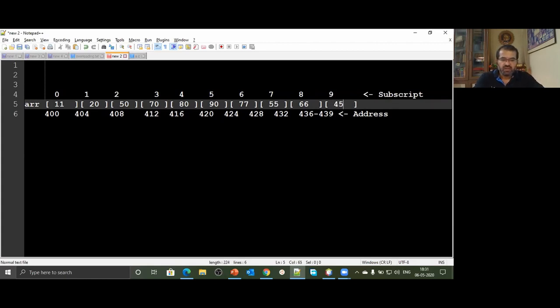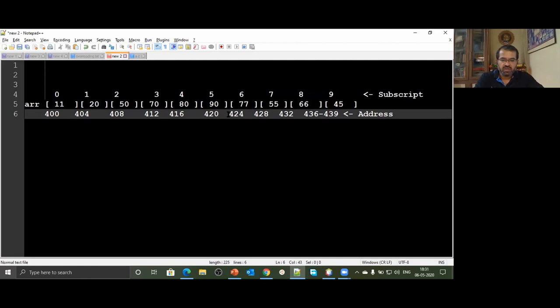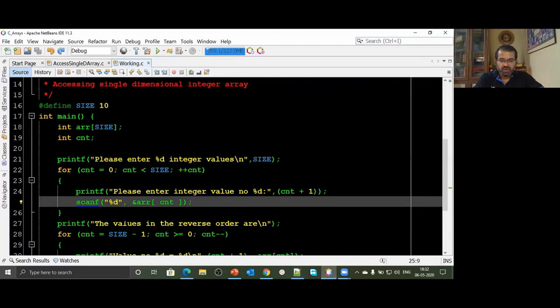These are the values that I have stored. So one after another, we have gone ahead storing values at different locations. This was the next location, this was the next location, and so on. So that's how we have stored the values. These are arrays, and inside the array we have stored the values. Now that we have stored the values inside this array, when we run out of this loop, I come out and I want to display them in the reverse order.